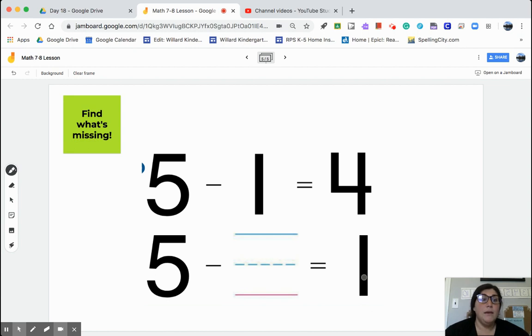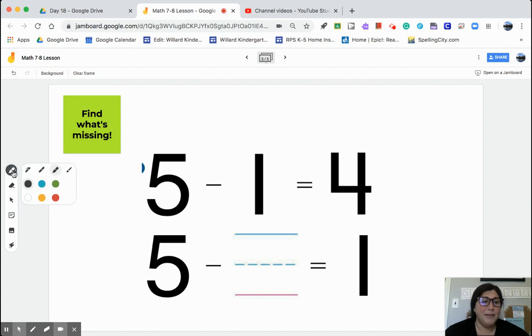If you remember the turnaround rule, you may make the connection that there's a 1 here being taken away from 5, so our other part is 4. Then you may think in your head, oh, this is the missing part down here, because that's how subtraction works. But if you aren't sure, then what you could do